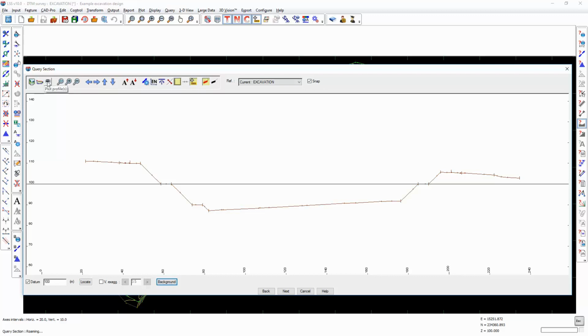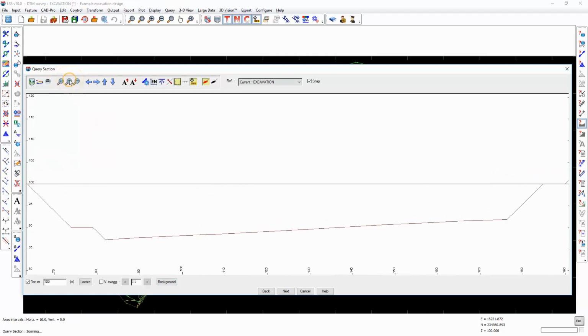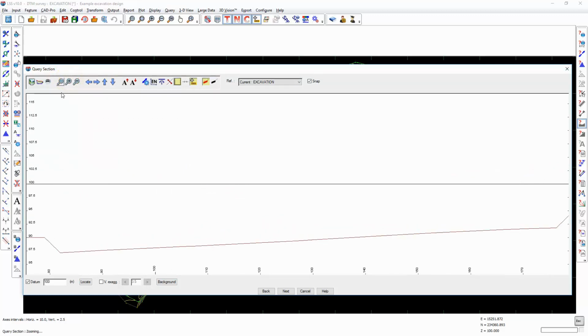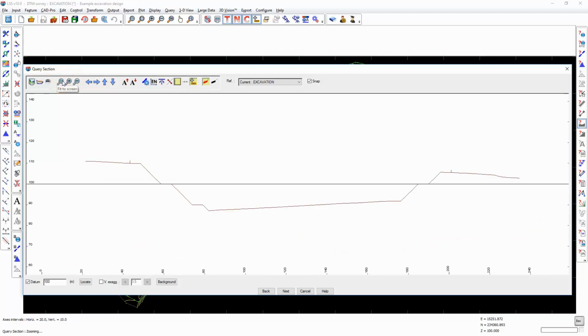This will produce a rudimentary section plot, but this won't be as comprehensive as the plot section command would be capable of. This will display to fit the screen. So if I've zoomed in, such as clicking this auto zoom in, and I want to display all, I select the display all option, the zoom out,